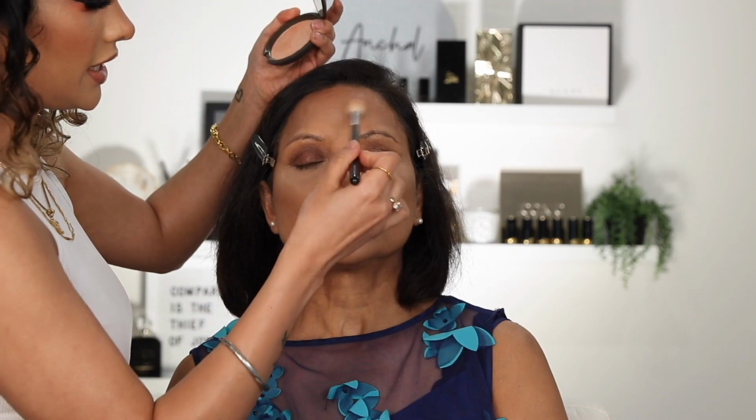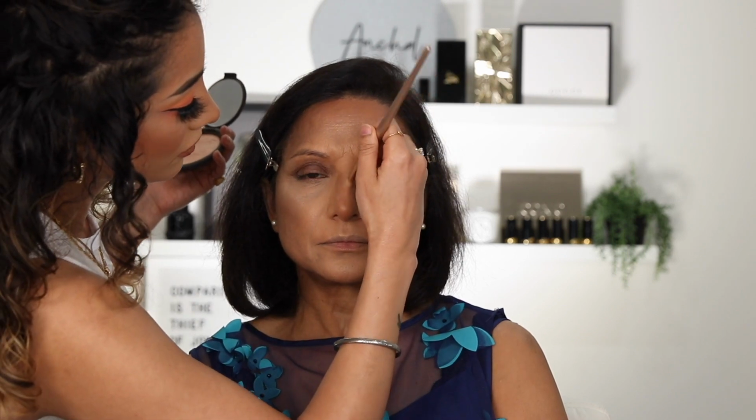And this is a really nice one because it's not super chalky and it just melts into the skin. So anything that, again, is going to sit nicely on the skin is what you need. So I'll also take some right in the center of the forehead, a little bit here and a little bit here. Just on a smaller brush, I'm going to take some